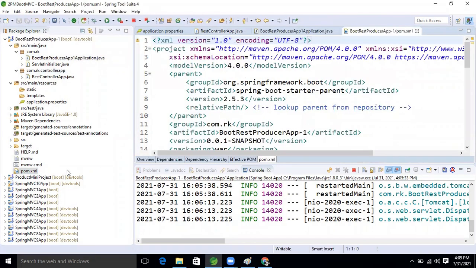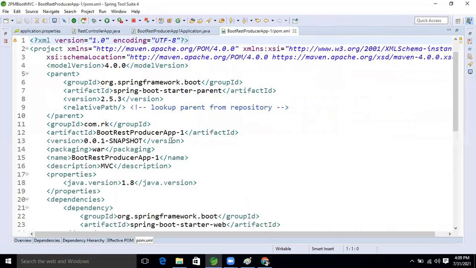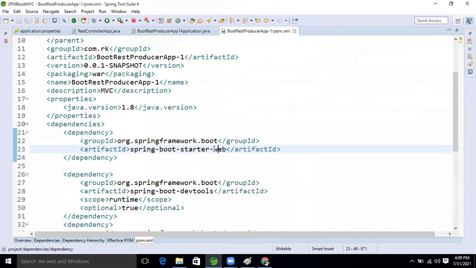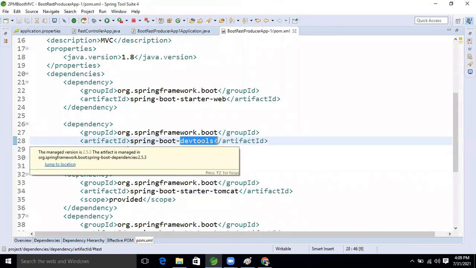These two dependencies only I used. Except those, I did not use any dependency.